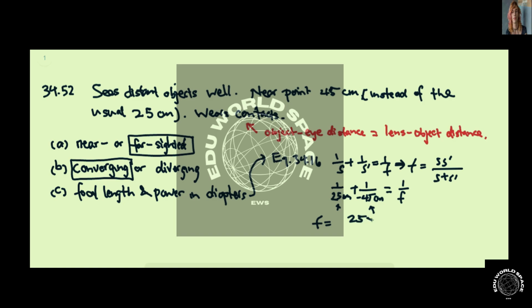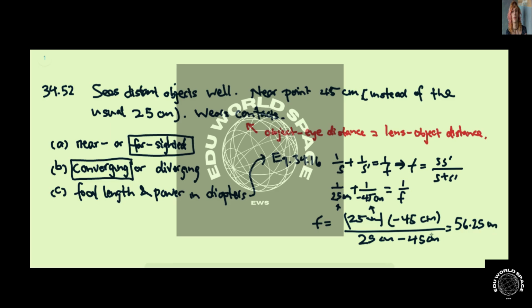25 centimeters times minus 45 centimeters, divided by 25 centimeters minus 45 centimeters. And that is equal to 56.25